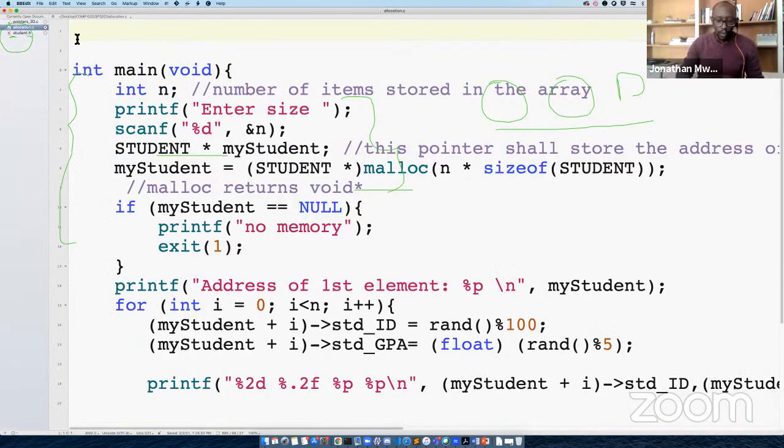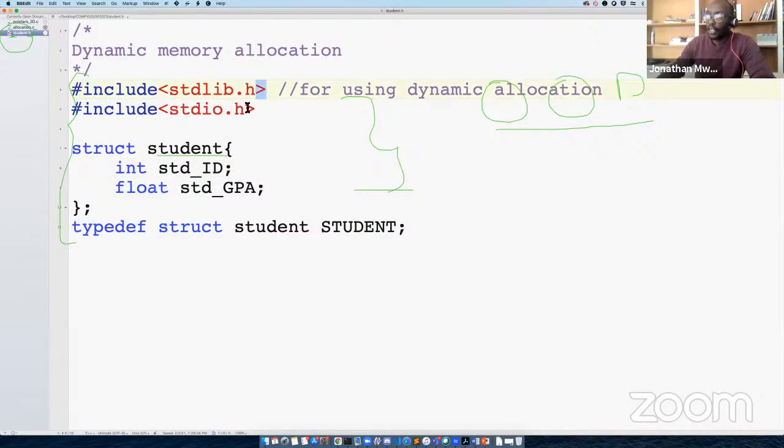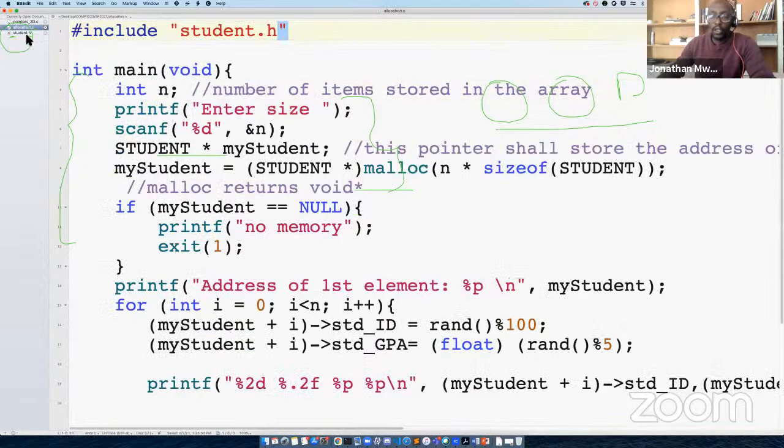And because I want them to work fine, now I'm going to say include, but instead of including stdlib, stdio, and the material from the struct that I want, I'm going to include my student.h file. Now, one of the most important things you'll notice is that I have these quotations instead of the angular brackets that we were using before. See, in here, I'm using the angular brackets. And when I've created my own .h file, I'm using these double quotations. See that?